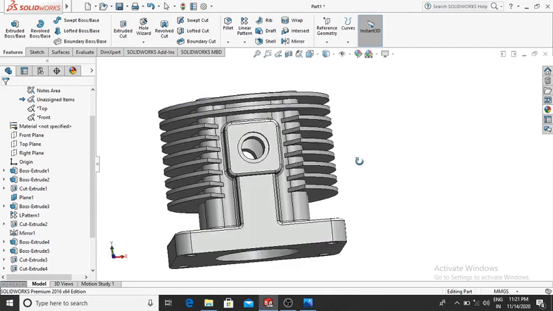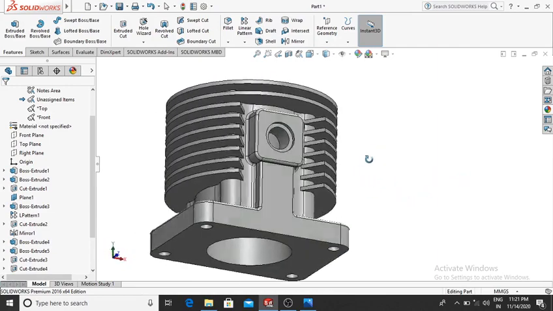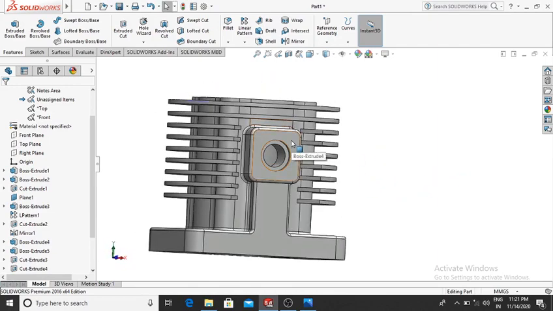Now here we apply the fillet to all this edge, and again here we make the circular cutout.